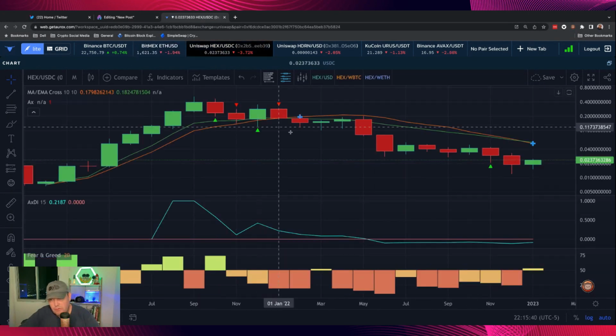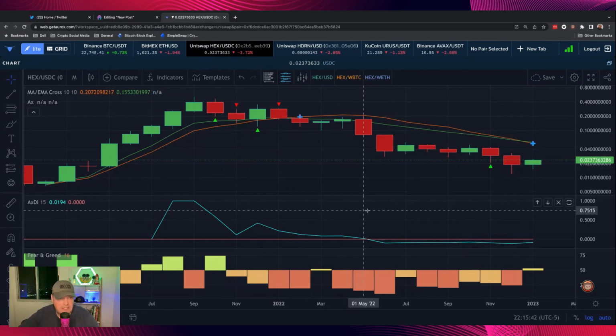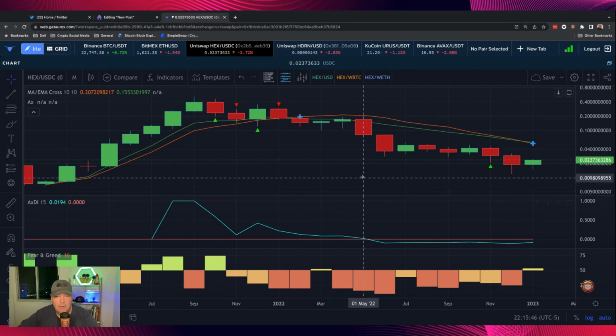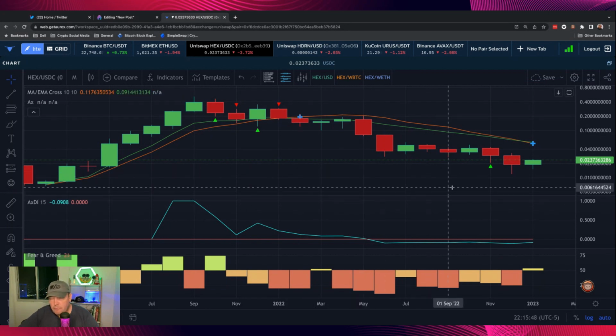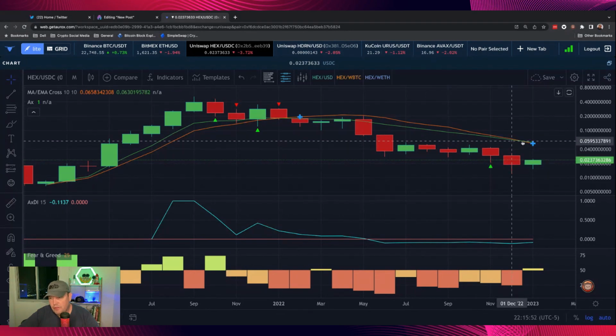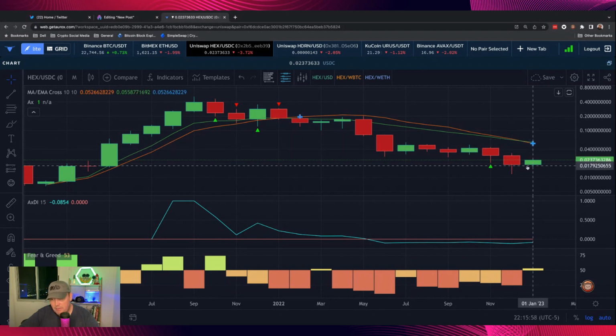Now let's go to my favorite cryptocurrency. It's Hex. So this is Hex on the monthly. I went really long on this one. We're still green on the monthly, and the green, when it comes to the moving averages, just passed over the red right at the change of the month. The demand index is slowly heading back towards 0. That's a good sign. And fear and greed is back above. So that's really good to see.